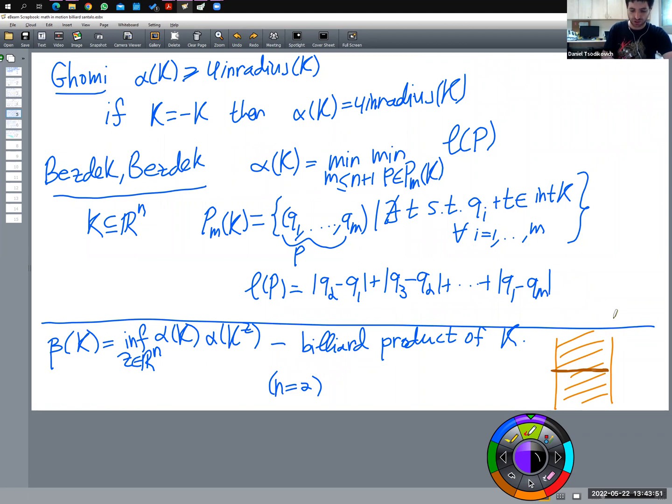So if you take a larger set, a body that contains K, then any configuration that cannot be translated into K cannot be translated into the interior of a larger body. So when you take the minimum over a smaller set, the result of the Bezdeks gives us monotonicity,